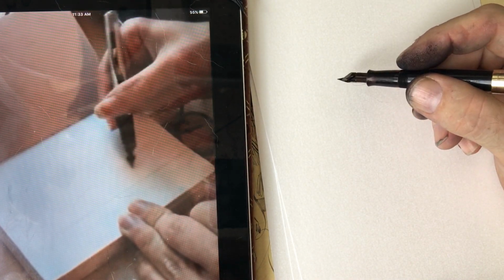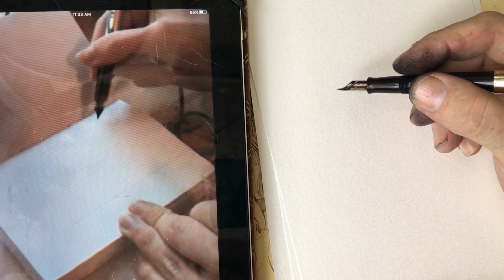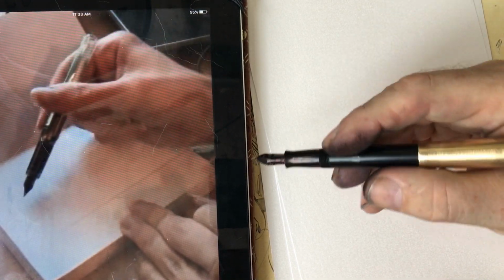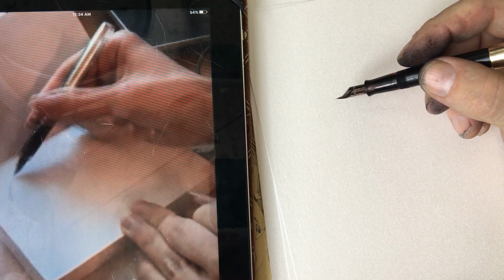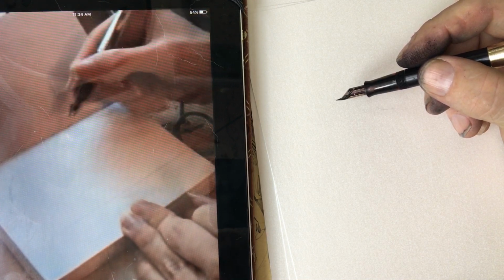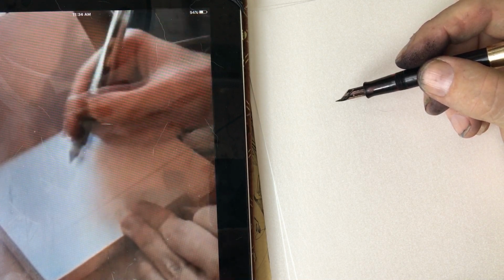Patrick, are you planning on drawing an elephant? Yes, I'm sort of sketching out the blocks of it right now. So he will draw an elephant, and I will do my version of some sort of animal. It might be an elephant. It might be something else. And what I'm seeing,